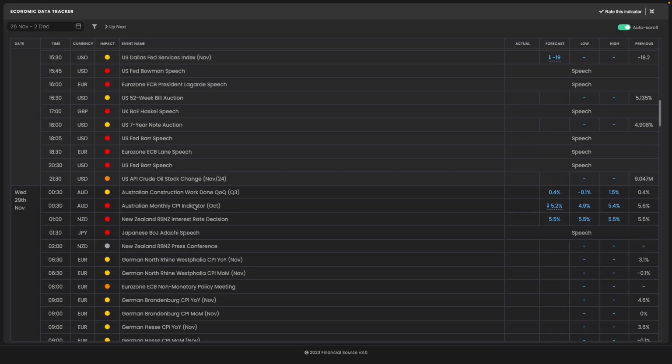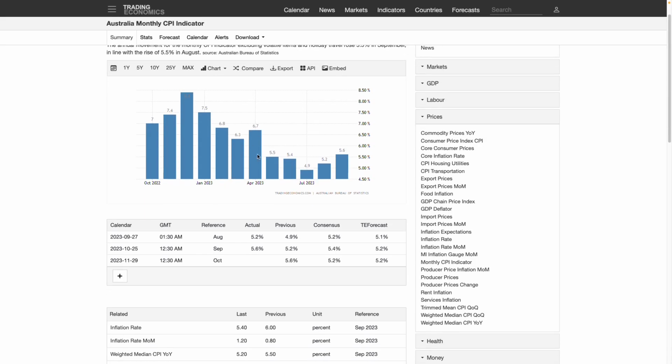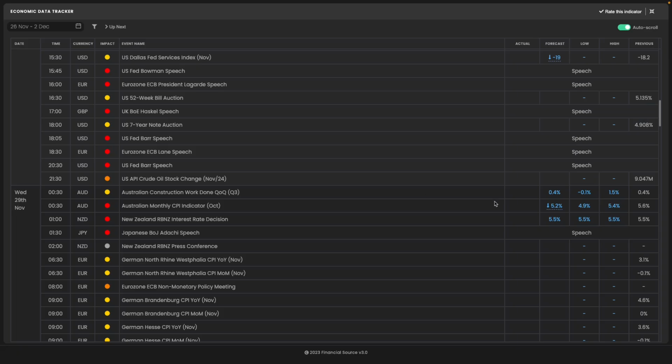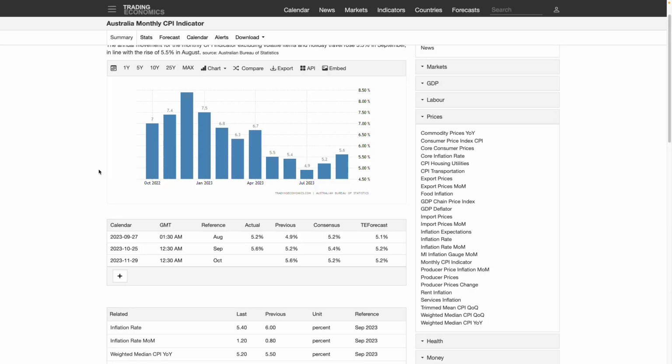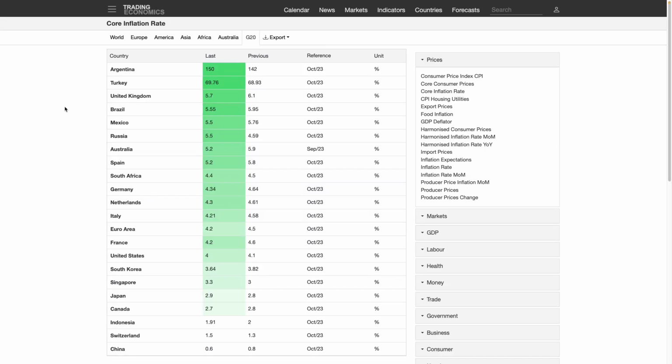So first of all, let's look at the monthly CPI indicator with Australia. If we just take a look at Australian data, what you can see is that CPI indicator is expected to come in with just another drop lower, a fall from that 5.6 down to 5.2. So what markets are expecting is this sort of downtrend that we've had since the start of the year to continue. So obviously, if this picks up that direction, that would be in contradiction to the RBA's hopes, and it